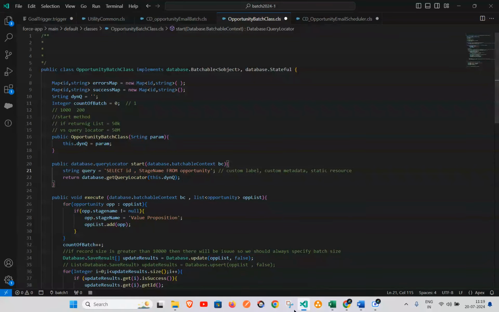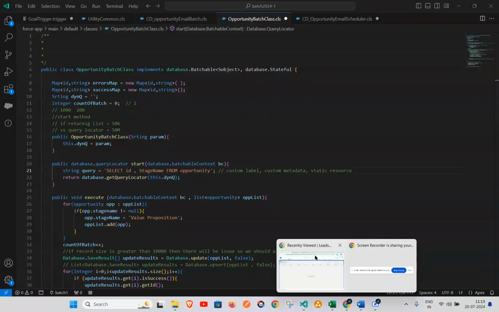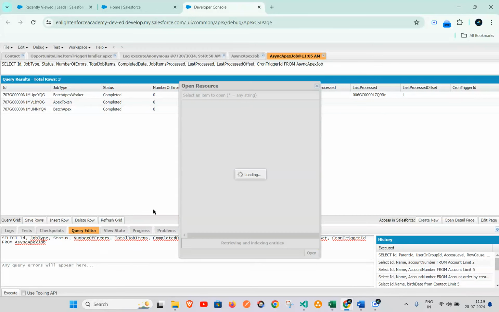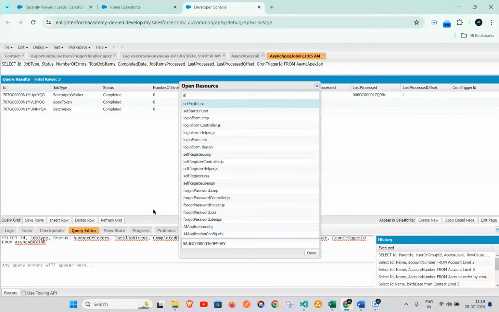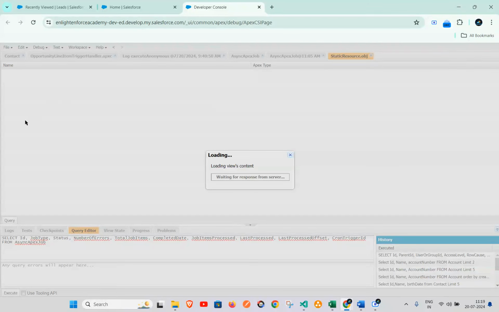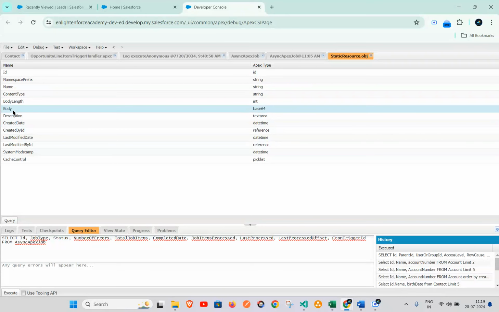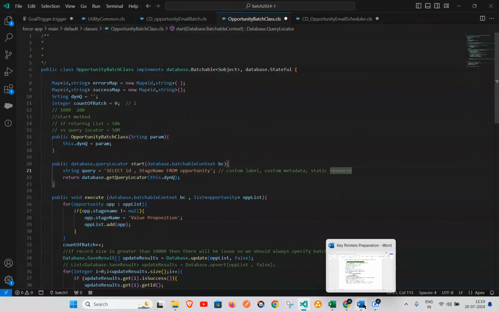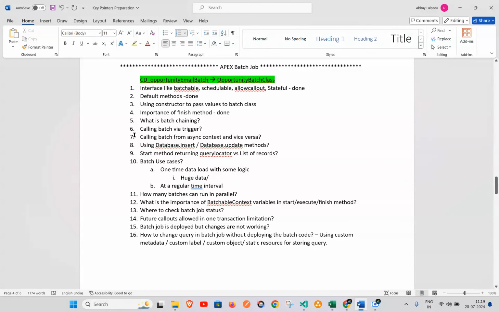You must be knowing static resources are stored in an object, right? So if I go here, you can query static resource as well, right? Static resource you can query, you can fetch the body, and accordingly you can start using it in your code. Okay, so we have covered this, yes, you can call this, right? This also we have covered. Now let's look at